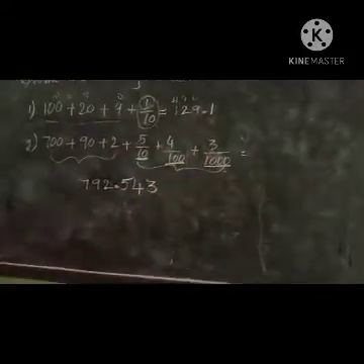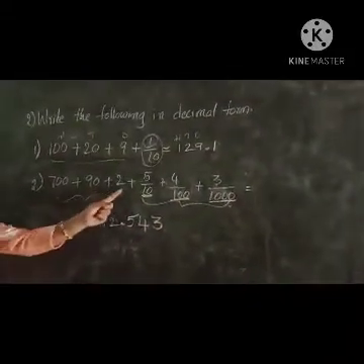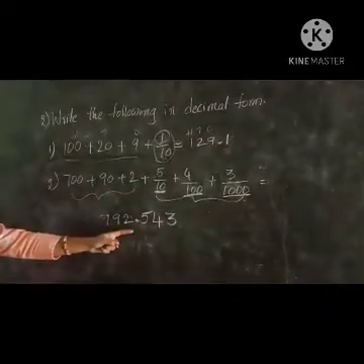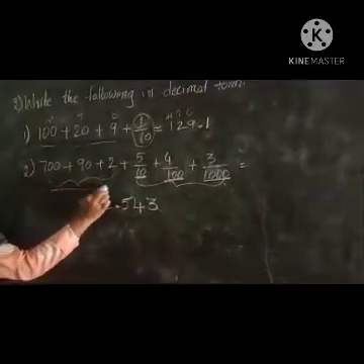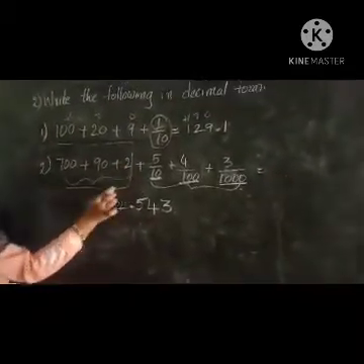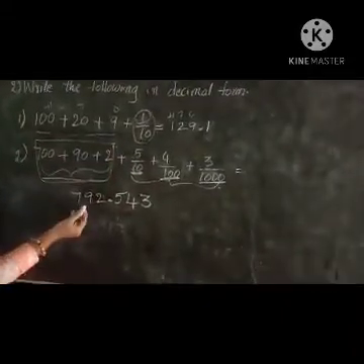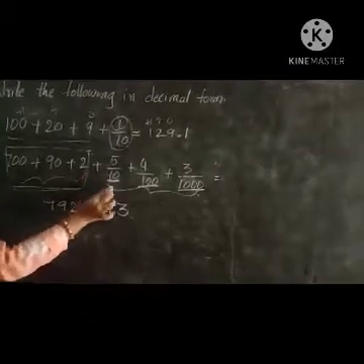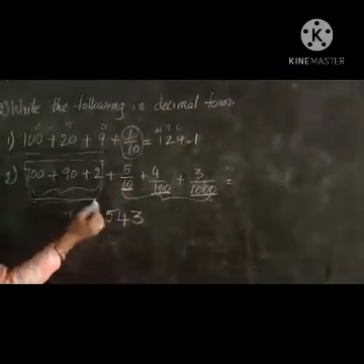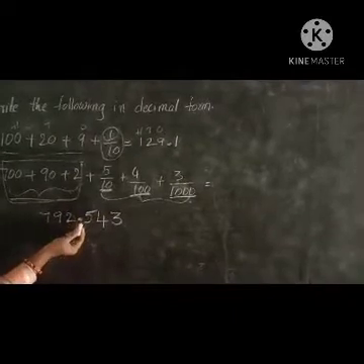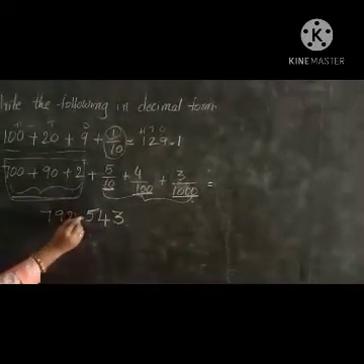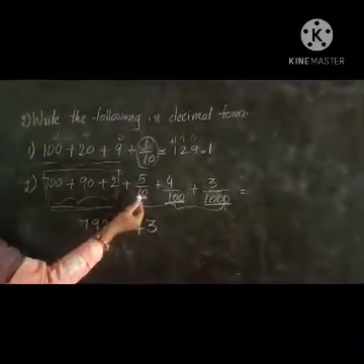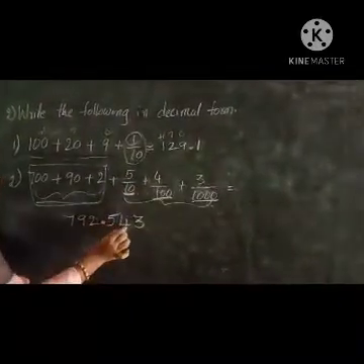Number 3. See here, this is the expanded form number. We have to convert this number into the short decimal form. This is the normal number form, no whole number part. First we have to convert this number. Afterwards, in between these two parts, we have to keep the decimal point. After the decimal point only, we start the decimal part numbers. See here, what are the numbers here? 5, 4, 3.